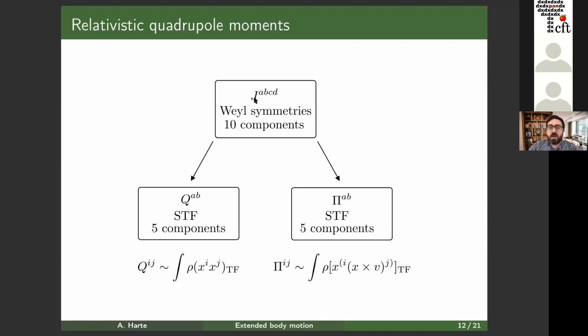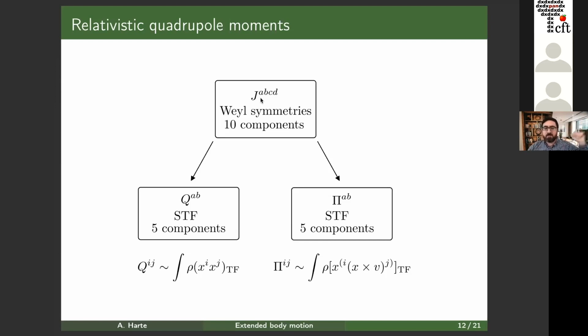And one thing that happens that's kind of interesting to point out is in Newtonian physics, you have a quadrupole moment that's a rank 2 tensor, because you're describing the second moment of a scalar, which is the mass density. That's because in Newtonian physics, only the mass density couples to gravity. In GR, the whole stress energy tensor couples to gravity. So you end up with 2 more indices here, and your quadrupole moment now has 4 indices instead of 2.